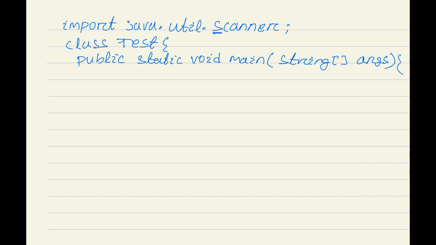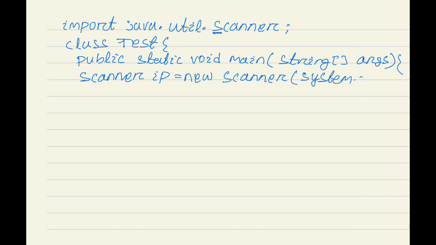Then you can write Scanner ip = new Scanner(System.in).